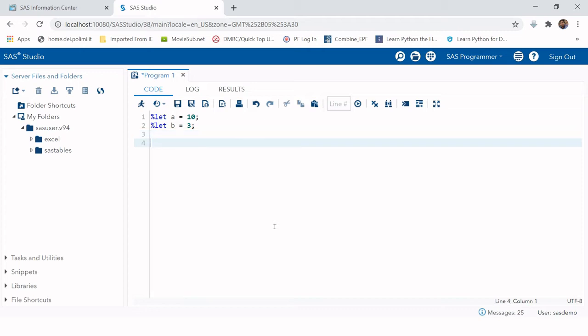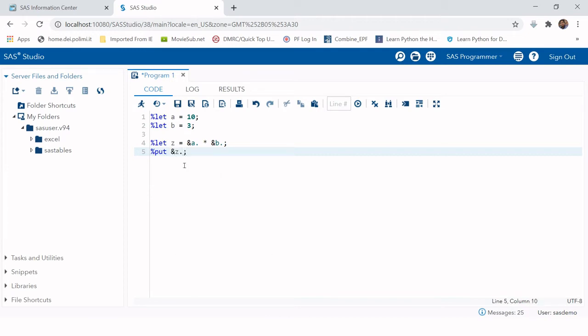Now let's create another variable z, and you want to store the multiplication of a and b into z. So how are you going to do that? First you will call variable a multiplied by variable b, store that into the variable z, and now you're going to print this variable z.